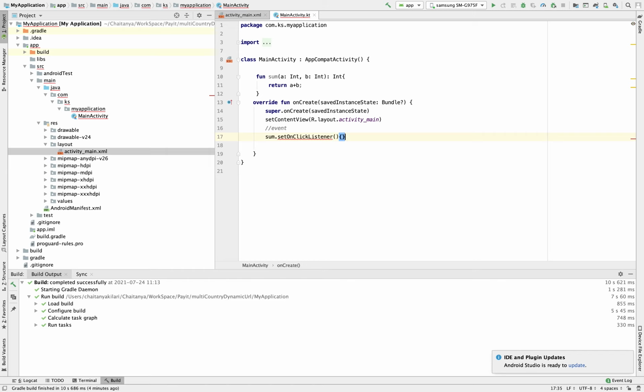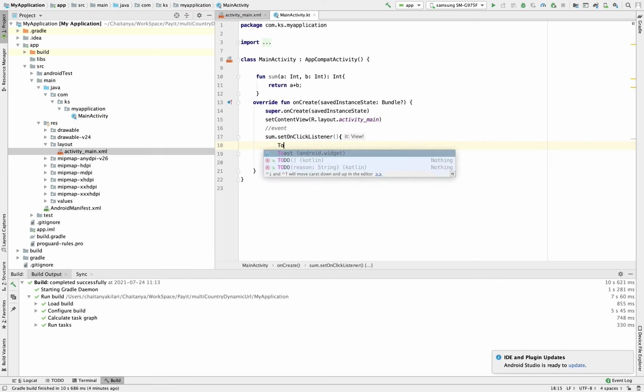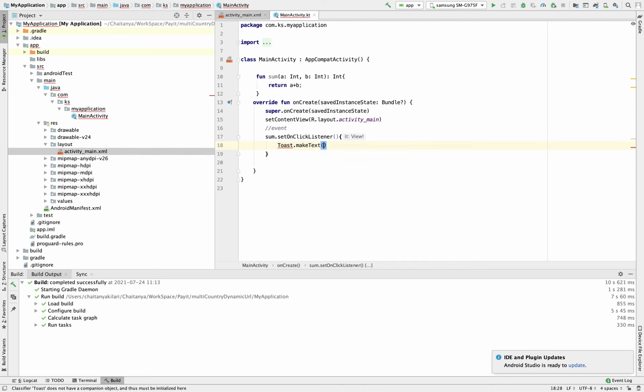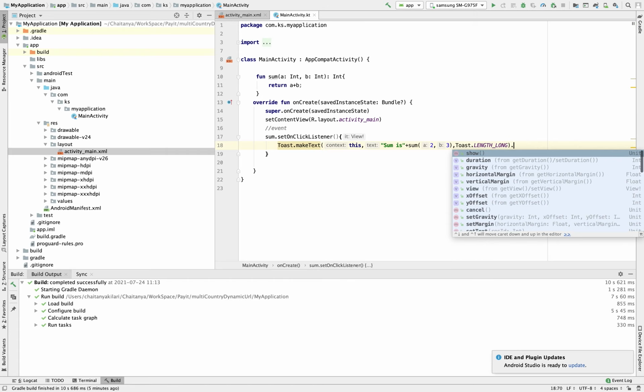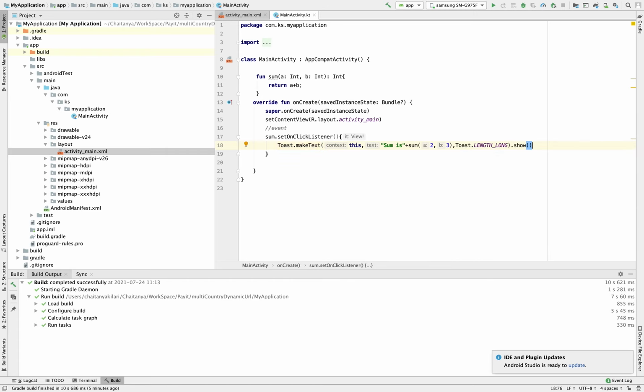Here we are writing Toast dot make text, this, sum is plus sum of, here we are passing two values 2, 3, and the duration, how much time we need to display the pop-up toast message. Okay, dot show. Okay, this is the thing.